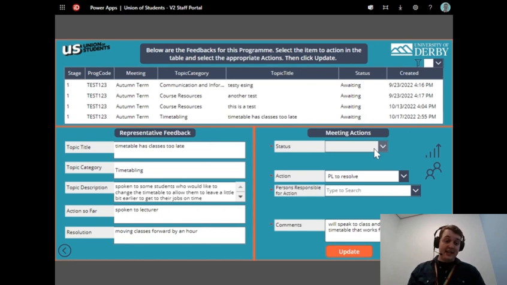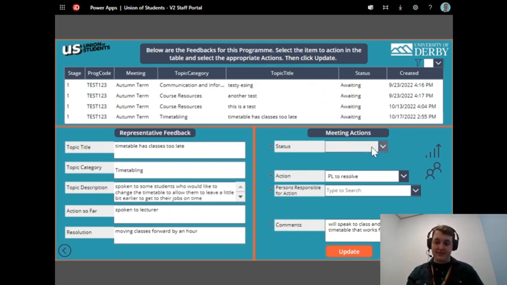While in the meeting, it's just an informal meeting. You will attend, there are 3 of them in total, 1 every term, and each one's about an hour long. These meetings are very informal. It's just reps and program leaders, and it's just there to discuss the feedback that's gone forward and to try and work out the issues.